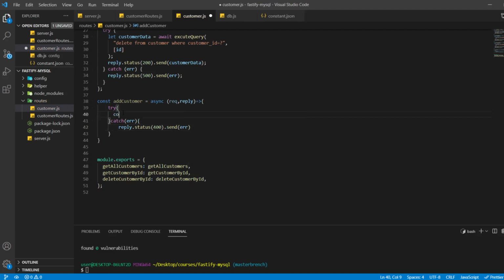to do, we are going to const destructure all the request dot body, whatever we get inside the body, we are going to get those fields from the body. So what will be the fields?